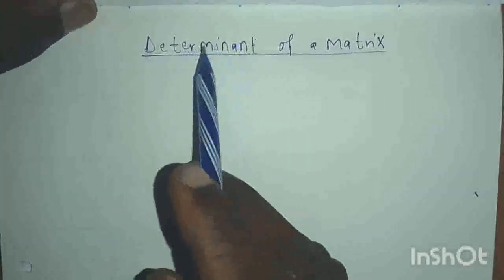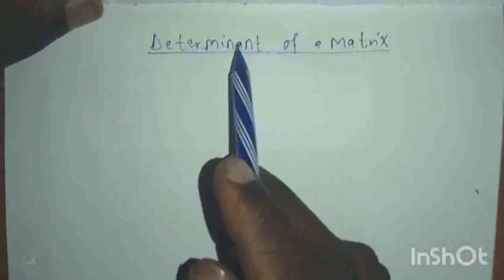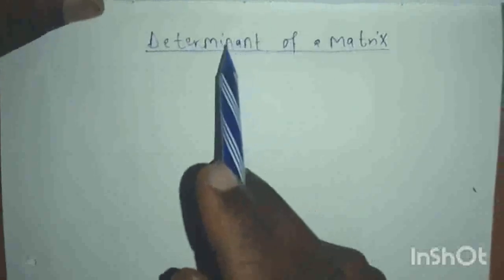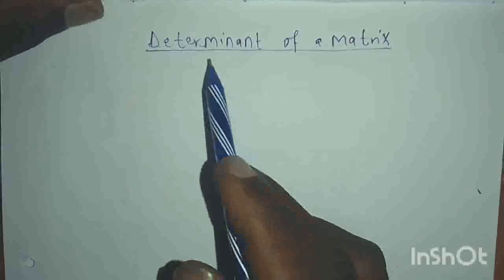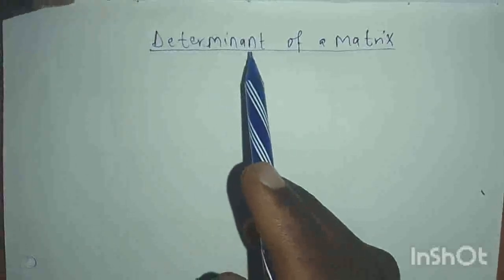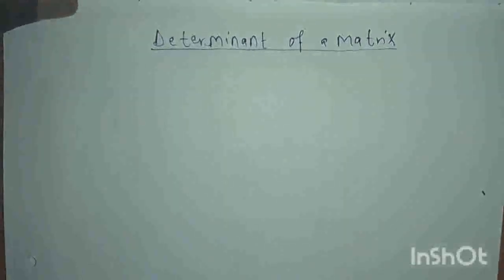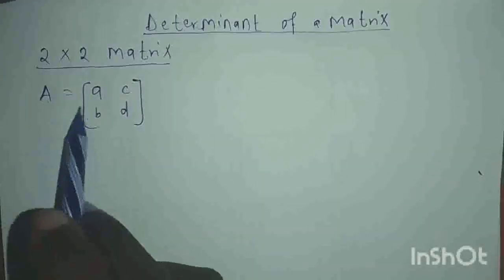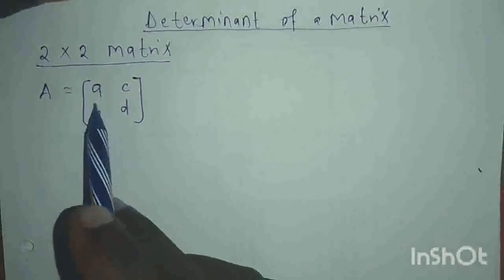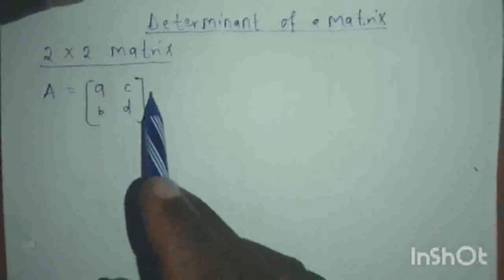That is the determinant of a matrix. So we are going to look at some matrices and we will find the determinant. From now on, our major concern will be on square matrices. So let us start with a 2 by 2 matrix. If we have a matrix A that is represented as a b, c d, then the determinant of this matrix is written as